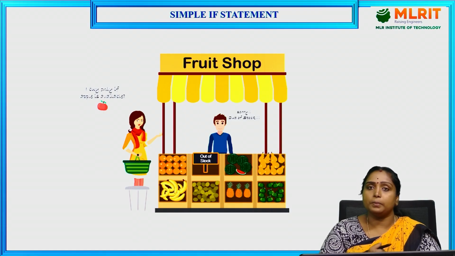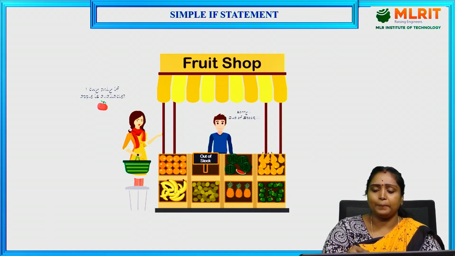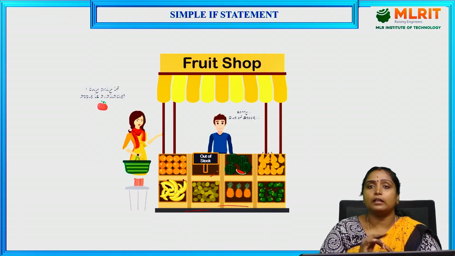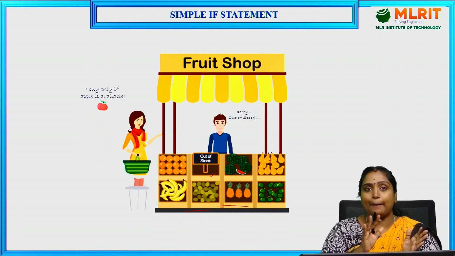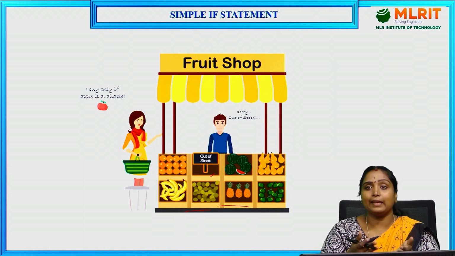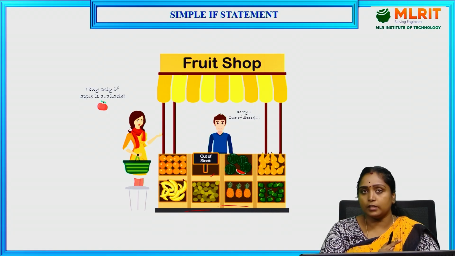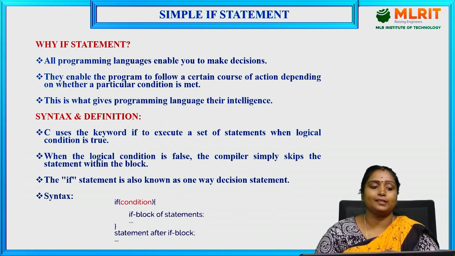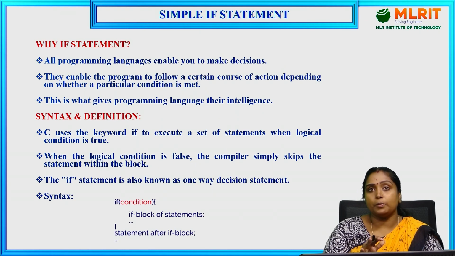So, the shopkeeper was saying that, other than apples, he has other fruits, right? He has said the apples are out of stock. If the apples are available, she will buy them and take those apples to her home, or else she will leave. Come. So, simple if is nothing but